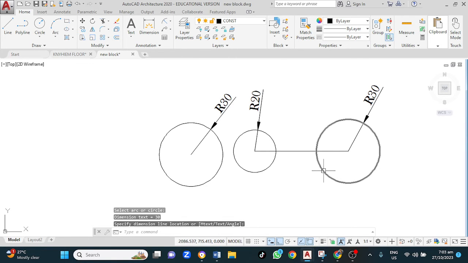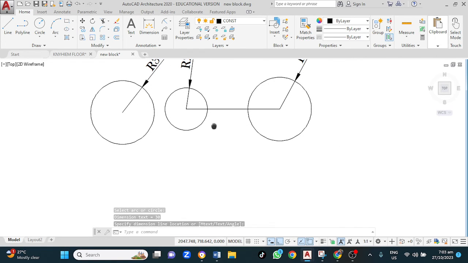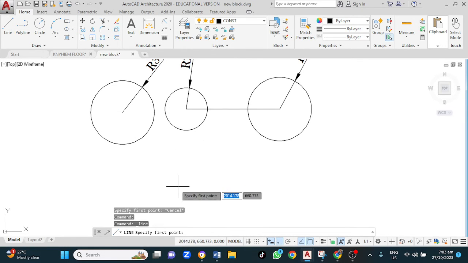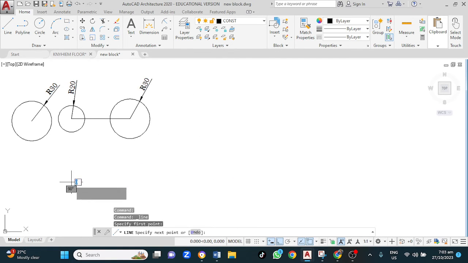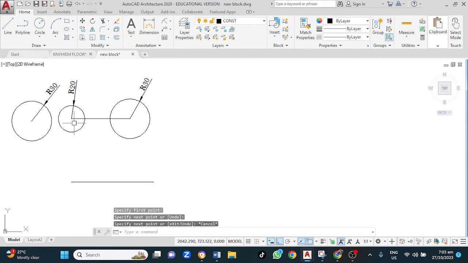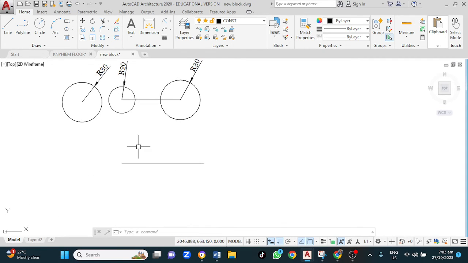So this is correct. Now, to draw a circle using diameter, let us first draw a line here, a circle of diameter 50 and 70. We again type C for a circle, enter,